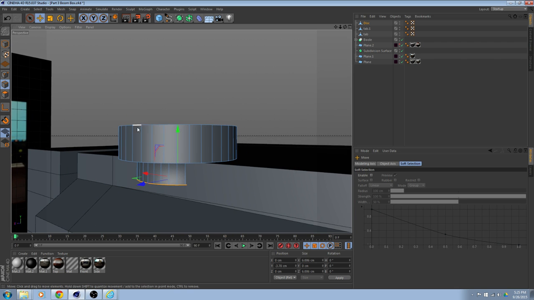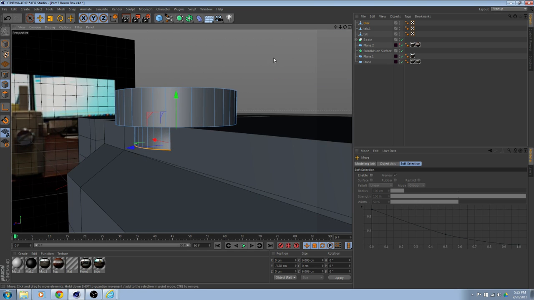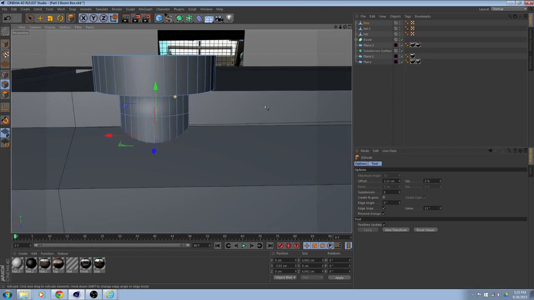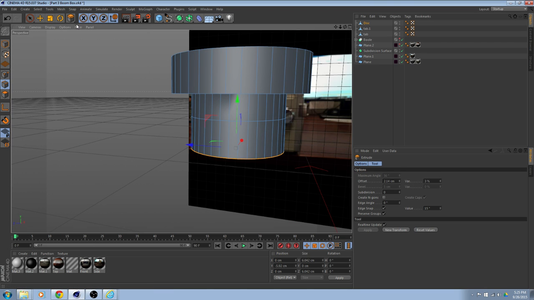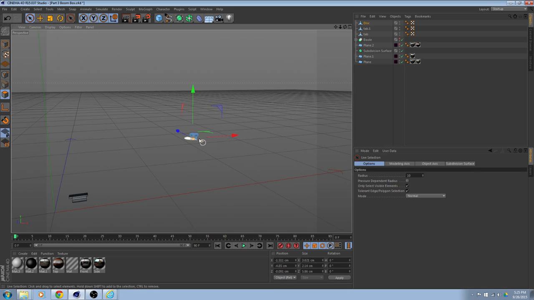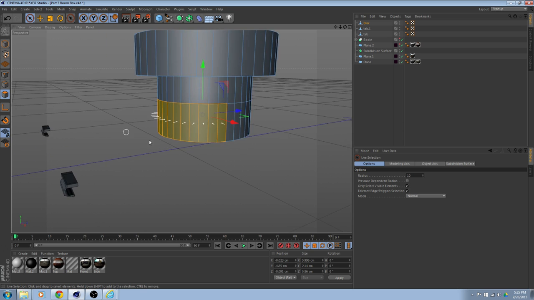If we want to, I guess we could continue on with the extruding out. So we can extrude out down just a little bit. Actually, we'll just extrude this all the way down into the thing. And then we're going to hide this object. And then we're going to select all of these faces on the side. Why does it want to move around here? Okay, there we go. So we're going to select all these faces